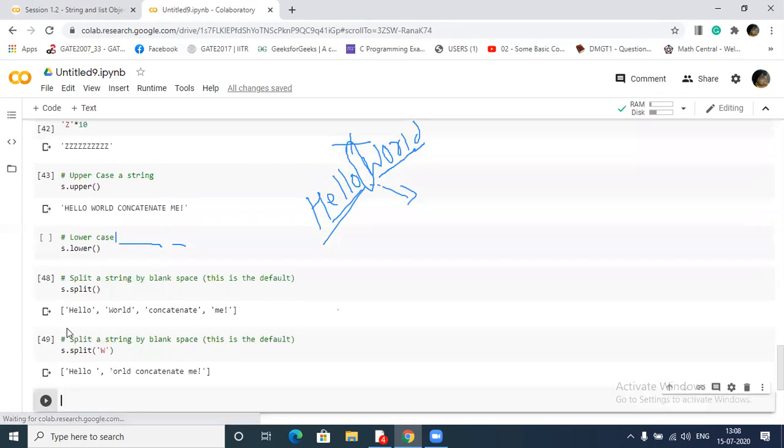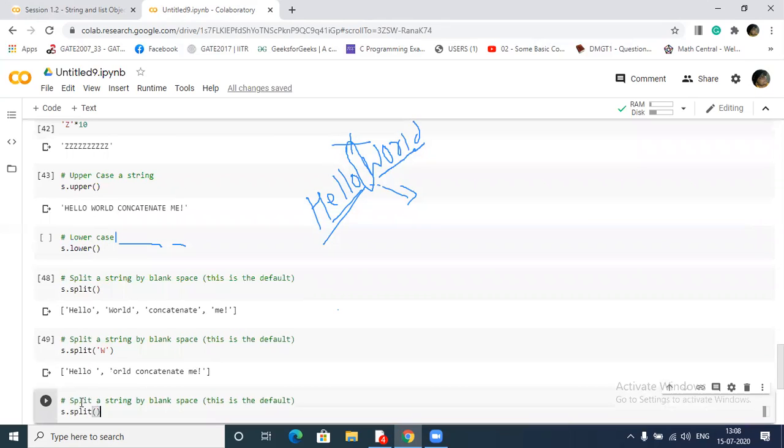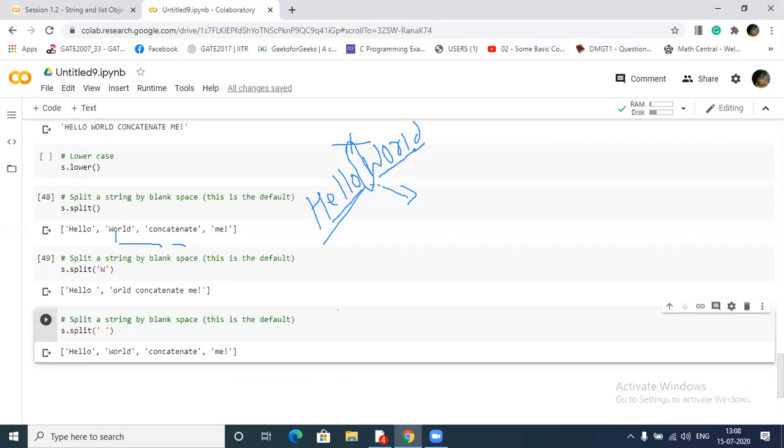As in your question, if I put a blank space, then it will work like this also. Because by default it is taking a space, but it will break in 4 parts, not in 2 parts. Got my point?